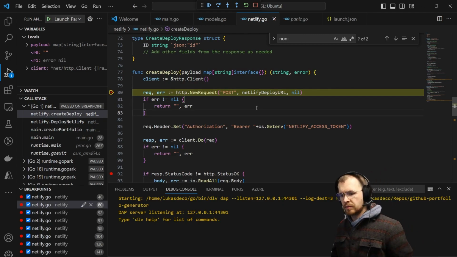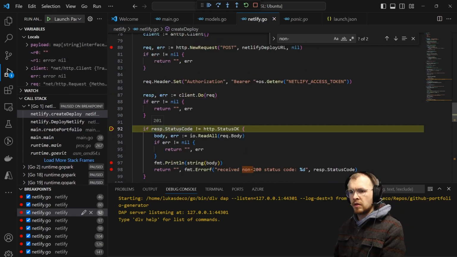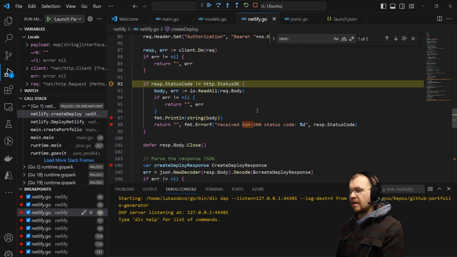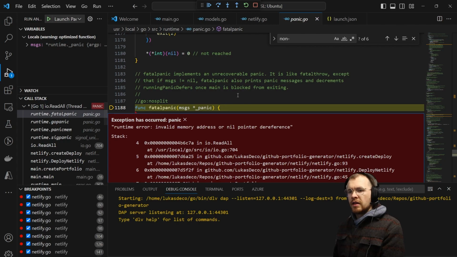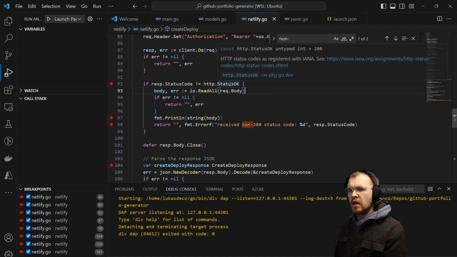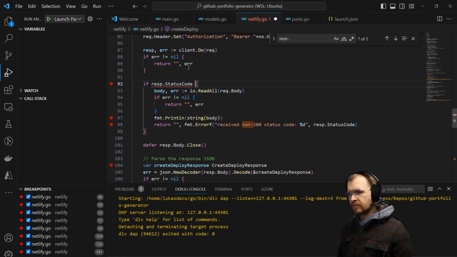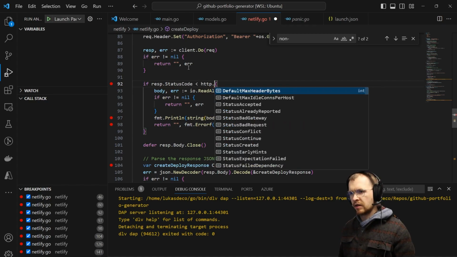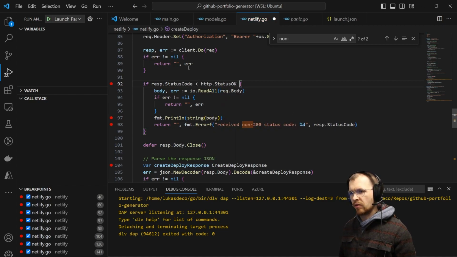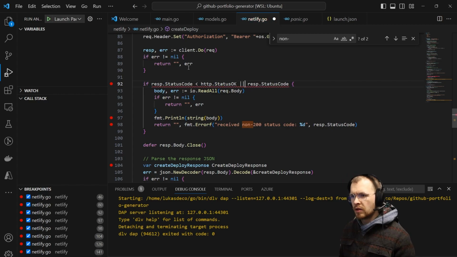Alright, let's see how this does. Ha ha ha! It was the app content type. In io.read all. Oh, yeah, okay. Let's say if it's either less than, okay, or is, or if it's greater than